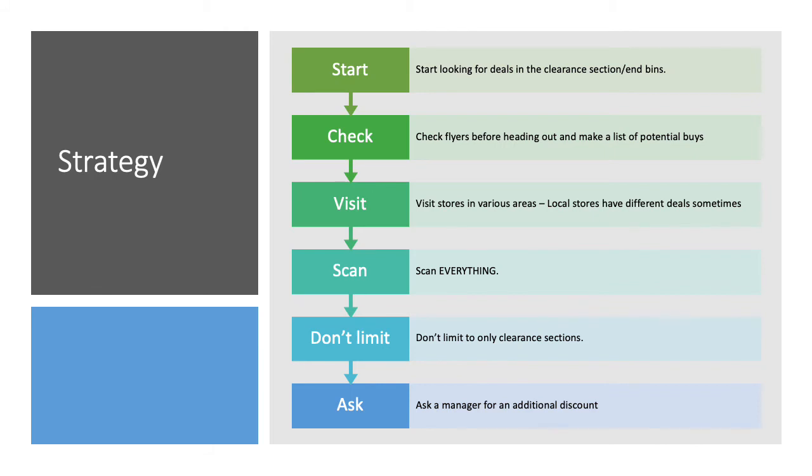So that's always an added benefit. Another thing to keep in mind is if you find an item or maybe several items that are selling potentially for a great profit on Amazon, ask for a manager and ask if they'll give you an additional discount to take the entire lot. I've done this at Costco, where they had in British Columbia, where I live, a bunch